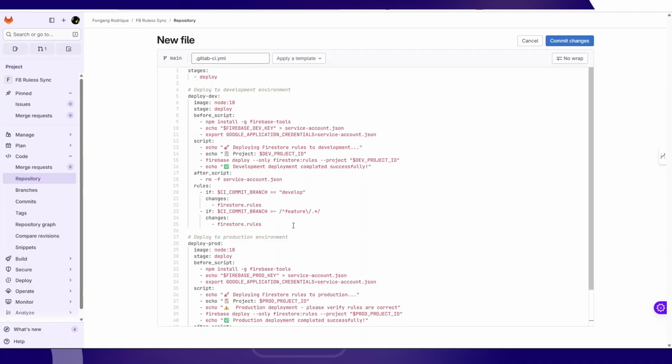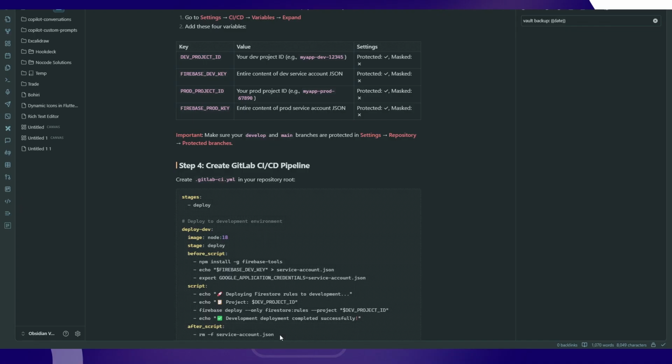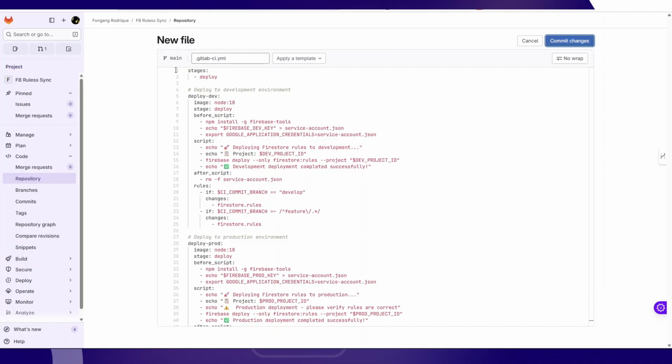We've created a file and I just copied and pasted it from this guide here. This is available so you can check it out. And right here, this is the explanation of it. So first thing, we are pulling Node 18 in all of them. For deploying to development, this happens automatically when there is a new commit to the develop branch. So it pulls